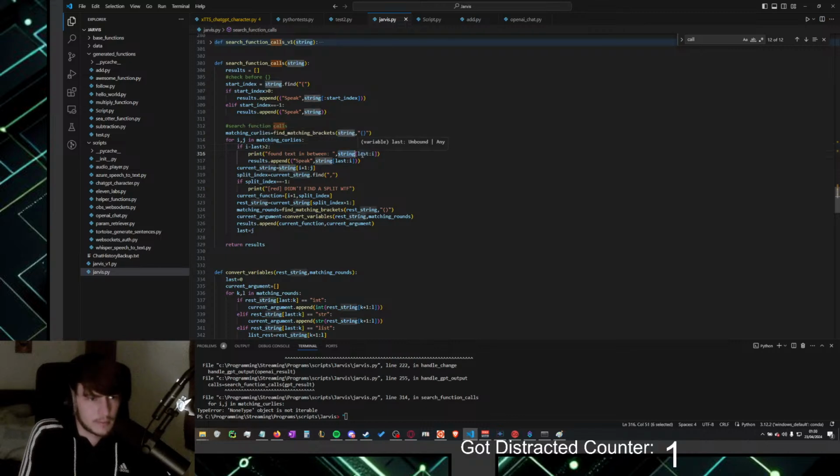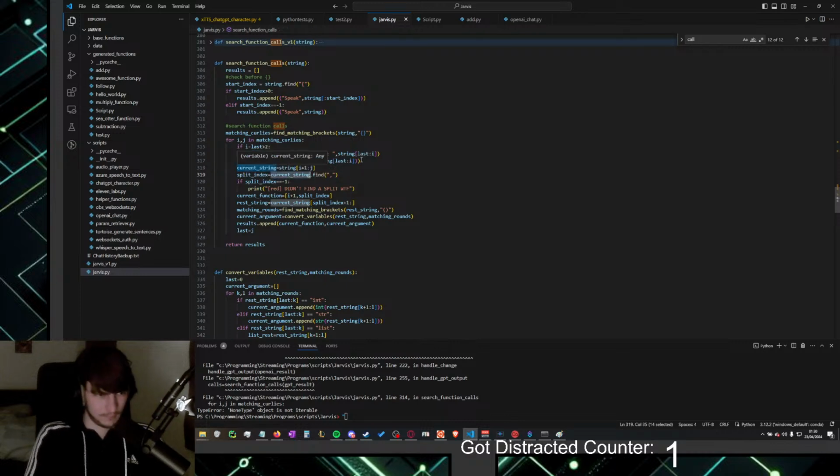Will it? Oh wait, here we used the entire string. Current string. Split index. Matching rounds. I don't use matching curlies below that, right? Or do I? Current function. I mean, I use it for current function.